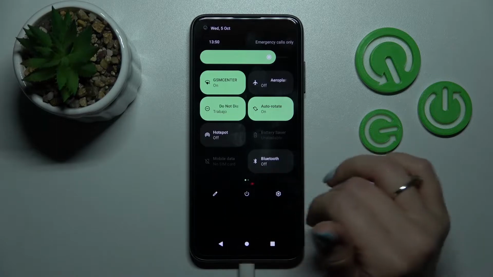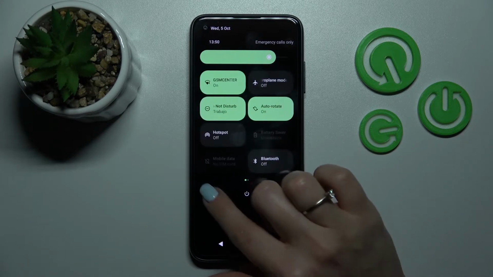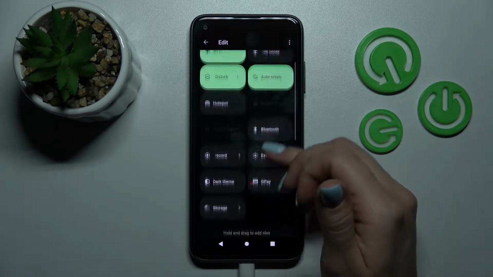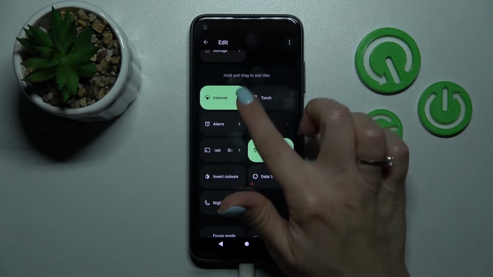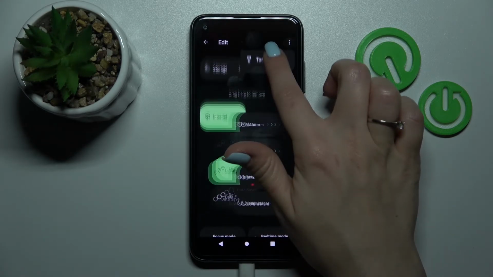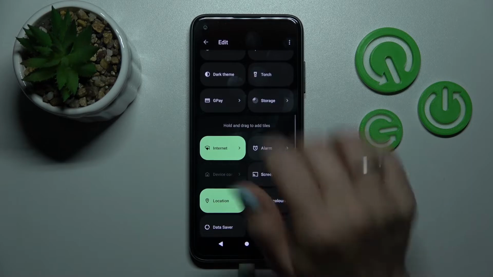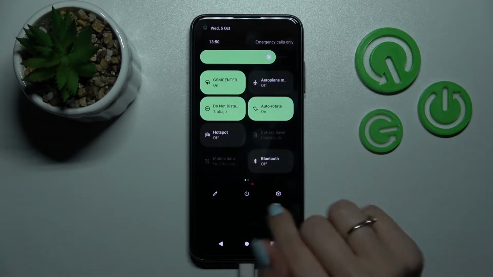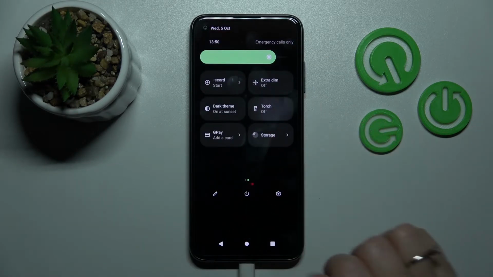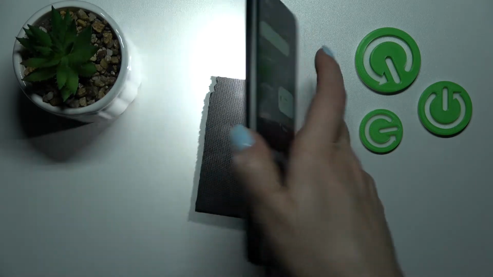If you have not here torch icon, like in my case, you tap on this edit icon, and after that, to add torch we should hold and drag it to this up section. Then just go back, and to use torch we should just click once here on this icon, and now we